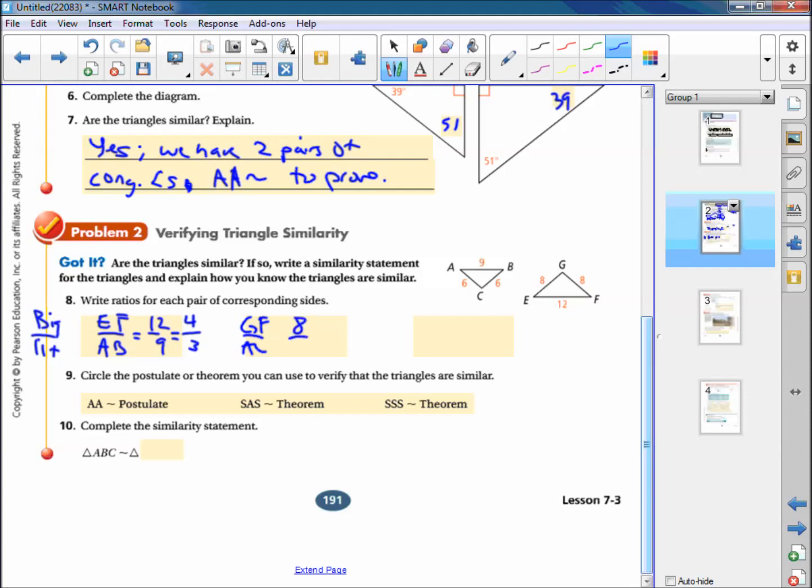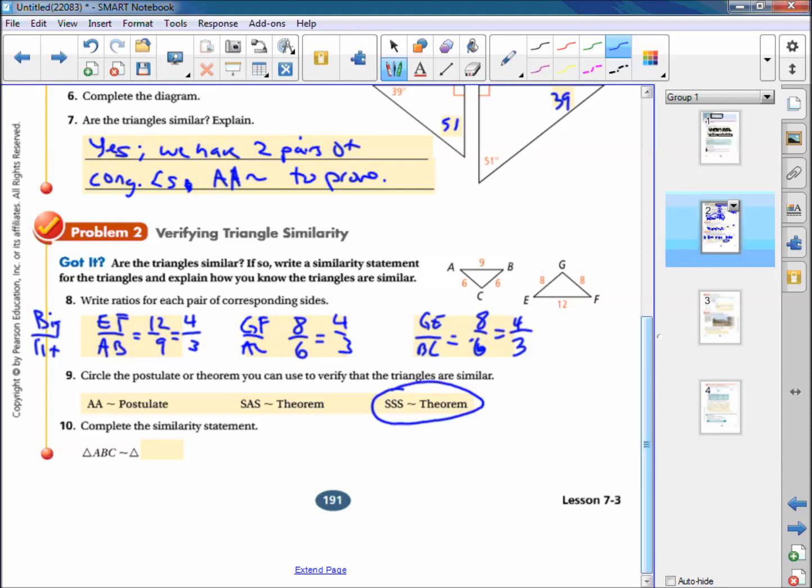G to F is 8. A to C is 6. And if we reduce that, we still get 4/3. So far, we're good. And we know the other one's going to be the same because it's still going to be an 8 and a 6. So we're going to compare G to E to BC, and that's going to be 8 to 6 for 4/3 also. So since all of them are the same, we could do side